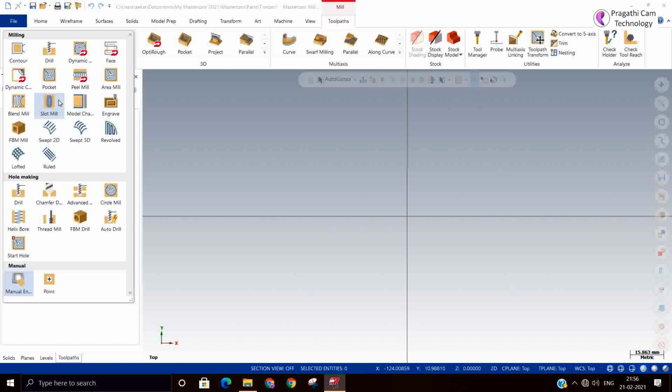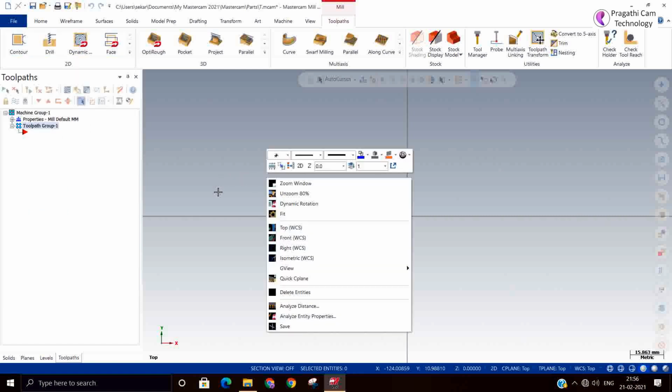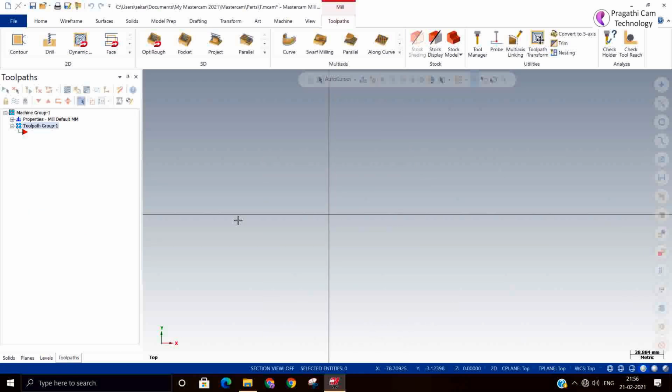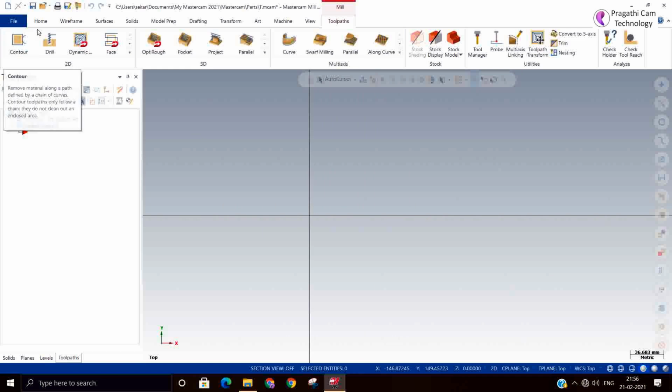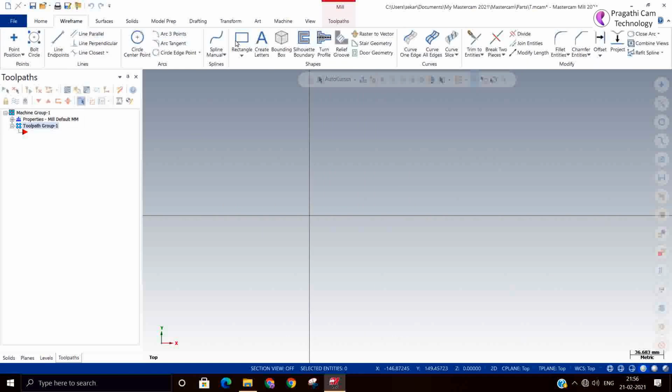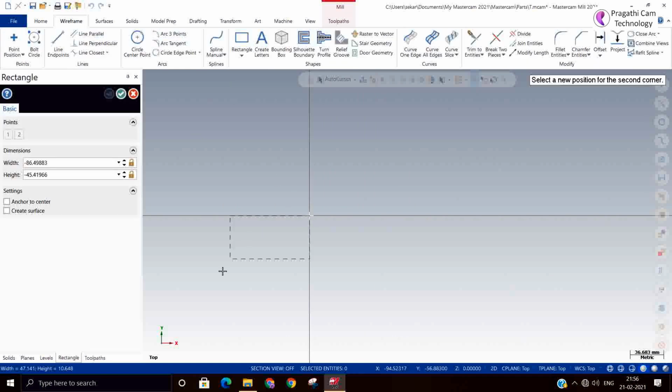First of all, we will see slot mill. For that, I will make one small geometry. So you need to make one slot mill shape. First I will make one rectangle.